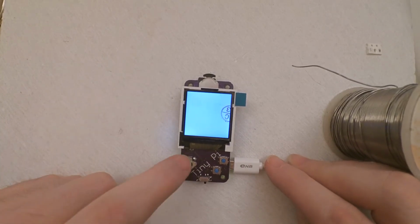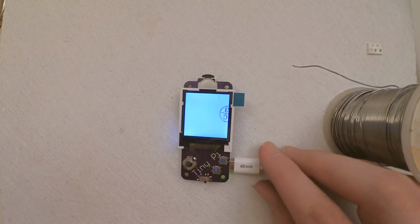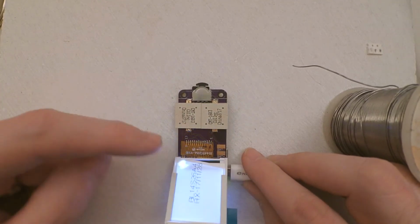If that didn't come on, it could well be the resistor that's a bit wonky. Now that hasn't actually worked correctly, so there could be a number of things. It could be some of the solder there,